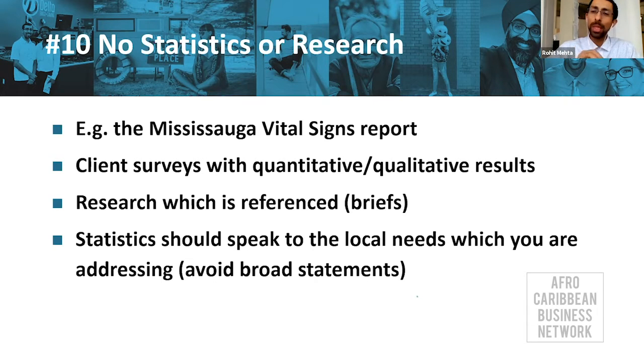Your statistics should also be local. I see people putting in information about all of Canada or global rates of poverty and hunger. You need to speak to the very local need, and you should avoid making any statements that are considered broad or vague. A lot of times your municipality can actually provide you with some very good local statistics. The Economic Development Department is the one to speak to about that. And I can't tell you what a difference it makes to start off a grant application with 1 or 2 sentences of really solid research. It's just impressive as a funder, and it will make you more likely to obtain funding.